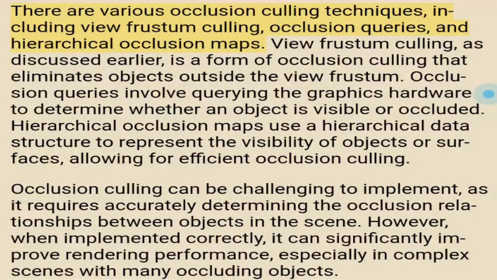There are various occlusion culling techniques, including view frustum culling, occlusion queries, and hierarchical occlusion maps. View frustum culling, as discussed earlier, is a form of occlusion culling that eliminates objects outside the view frustum. Occlusion queries involve querying the graphics hardware to determine whether an object is visible or occluded. Hierarchical occlusion maps use a hierarchical data structure to represent the visibility of objects or surfaces, allowing for efficient occlusion